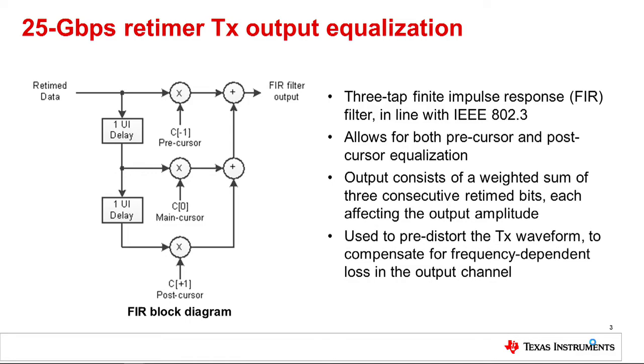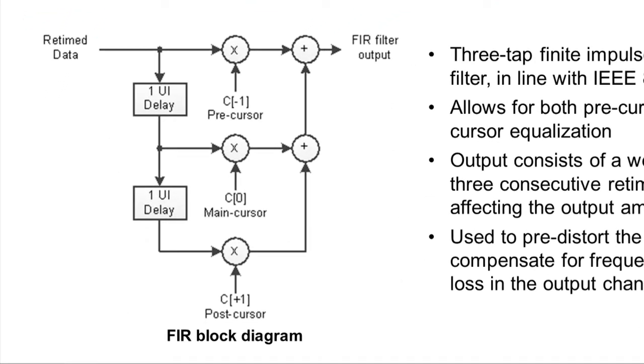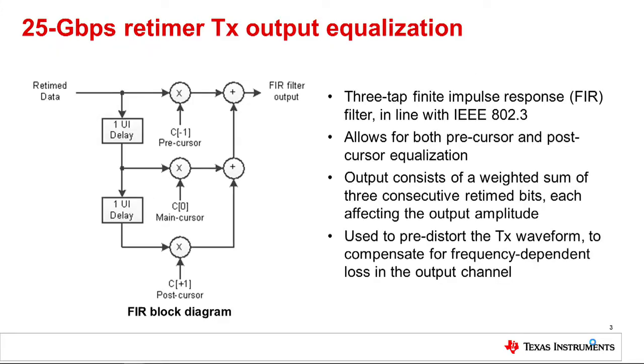An FIR is a discrete form of equalizer, and each FIR tap carries a delayed and scaled version of the input data. The FIR then pre-distorts the TX output signal by adding back these tapped signals to the output, with the result being an equalized output signal. The FIR filter can be used to compensate for either precursor or postcursor inter-symbol interference on the signal.